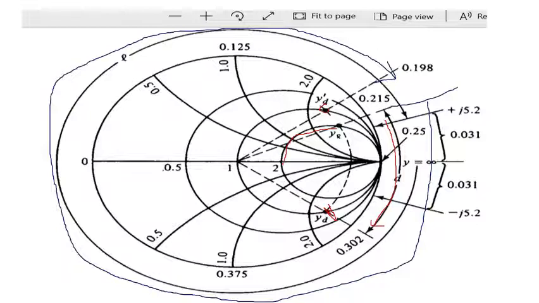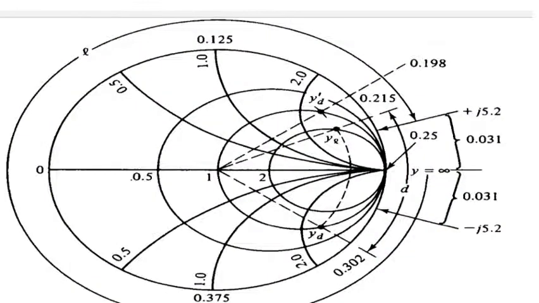Now we are finding the length of the transmission line. The remaining part, if I want to plot YS1. This YS1 by calculation I got plus j 5.4. They had got plus j 5.2. You can do the calculation; if it is matching, well and good, but I just got plus j 5.4. I will be plotting that plus j 5.4, and the approximate value in lambda will come as 0.219 lambda.